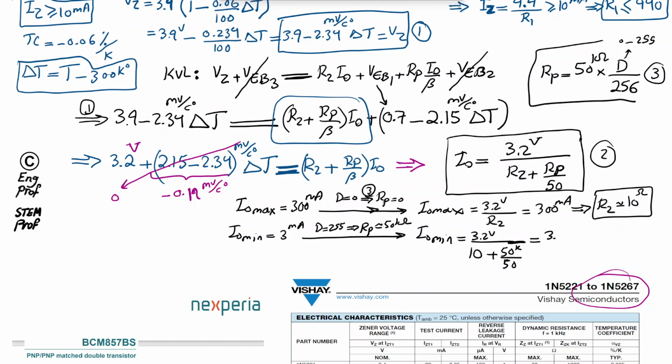So in summary, we get 3.2 volt divided by 10,010 ohm,